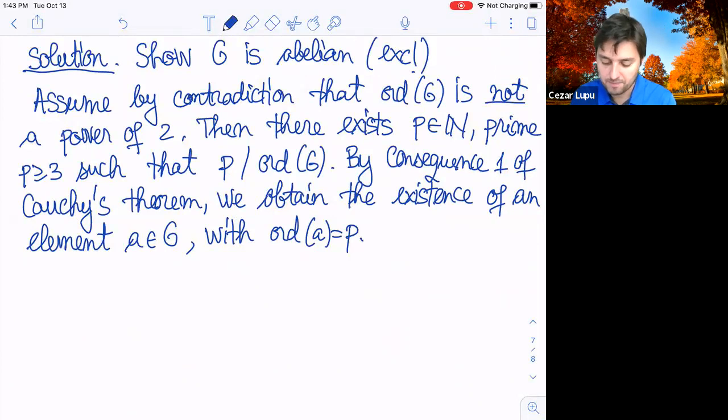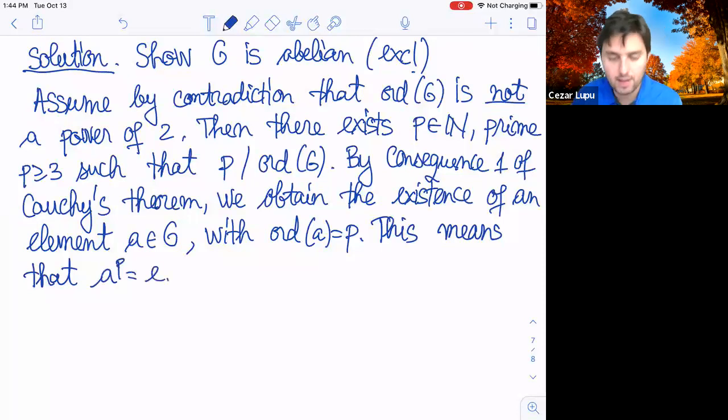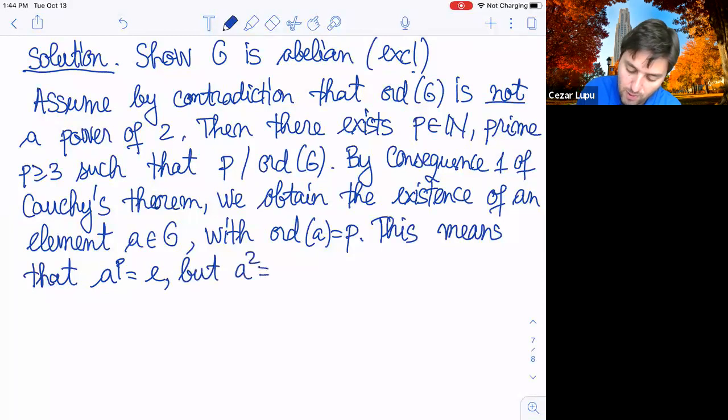And now, what does this mean? Well, since the order of the element is P, by the definition of the order of an element, this means that A to the power P is the identity. We said this. But we also know that A squared is E. So